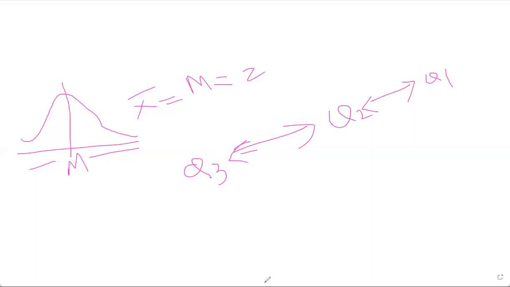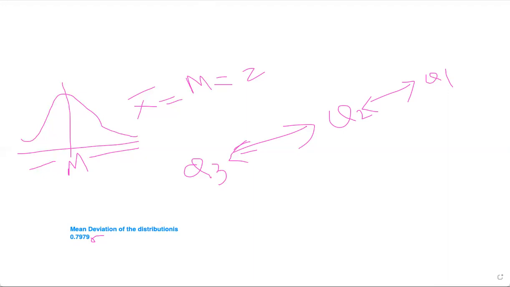Mean deviation of any normal distribution, whatever falls in the normal curve, will be 0.7979 sigma, okay? 0.7979 sigma,